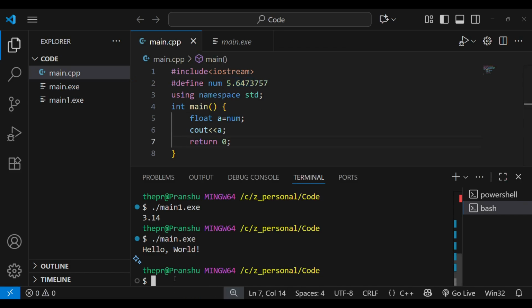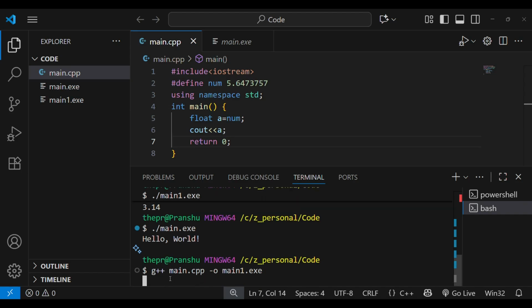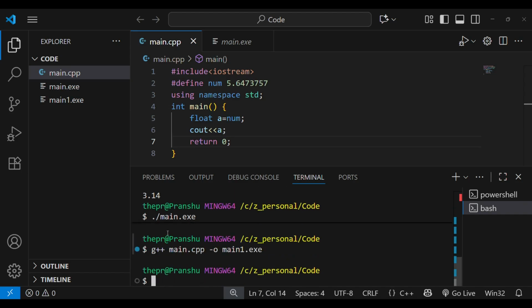Okay, so let's run this code. Now this main.exe has been updated with the output of this code.